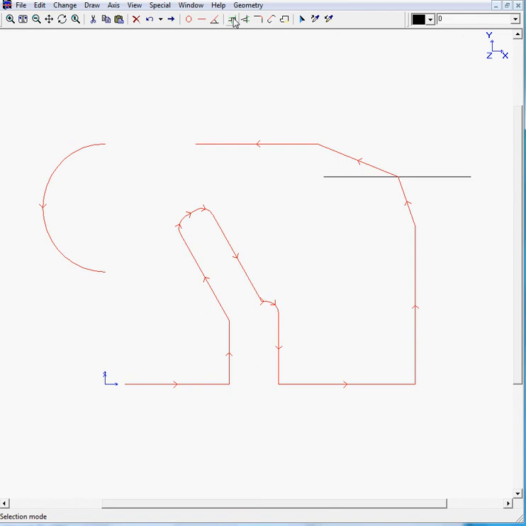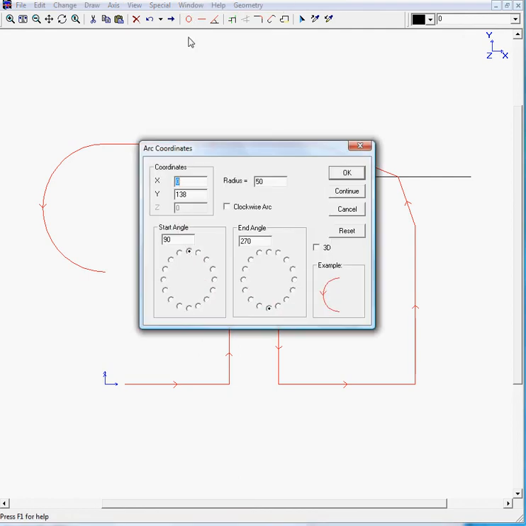We can click on trim, and the line is trimmed to our last arc. And now we have to define the next arc, which has an X value of 0 and Y from 188 minus 100 minus 36. Our radius is 36. It will now be a clockwise arc, just like the example shows us right now. So we click on OK,